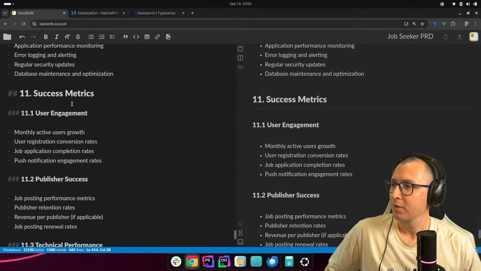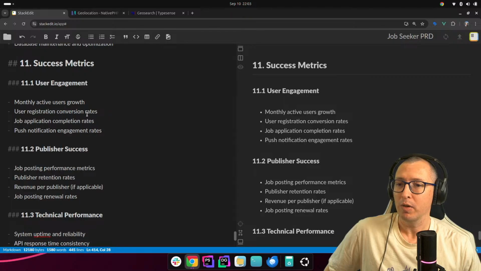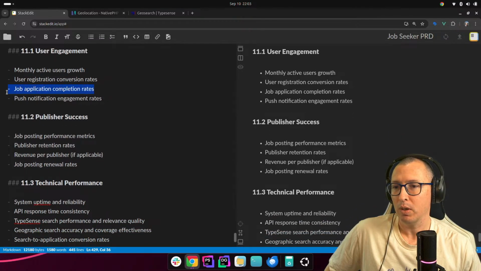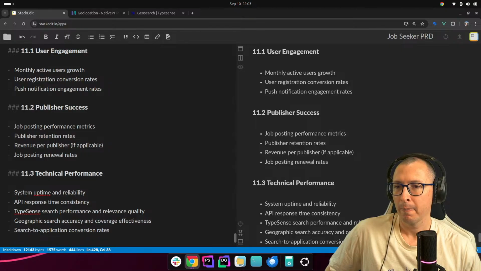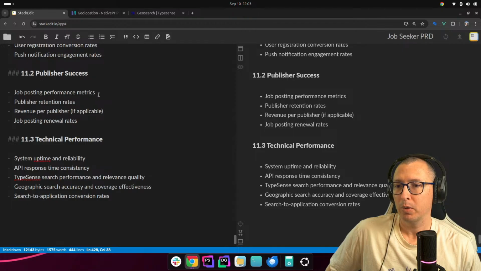Success metrics. Monthly active user growth, user registration conversion rates, job application completion rates. That we don't care about that one. Push notification engagement rates, job posting performance metrics, publisher retention rates, revenue per publisher, if applicable.